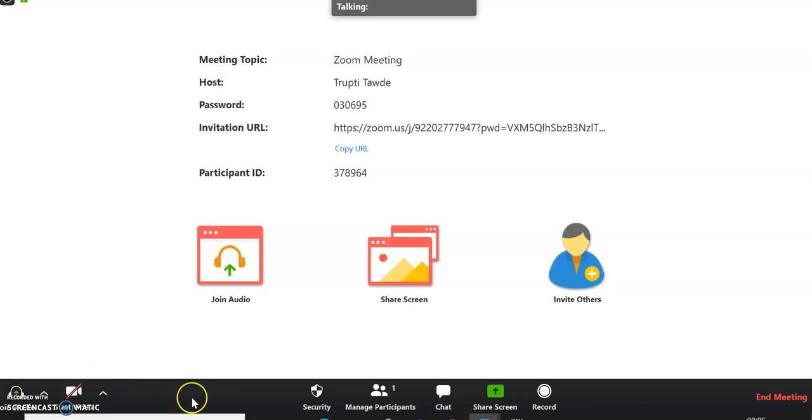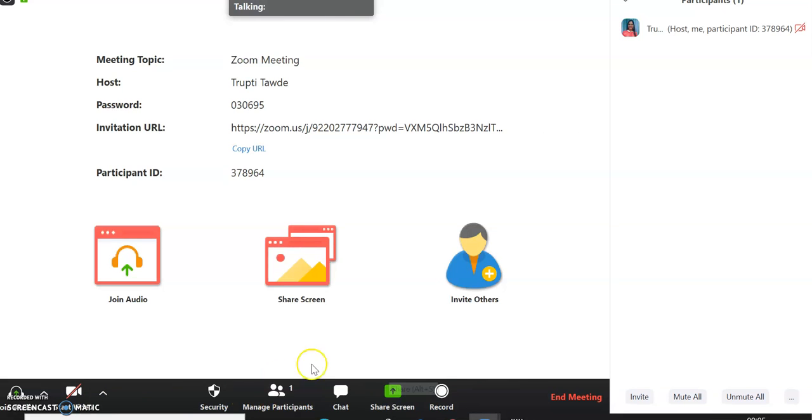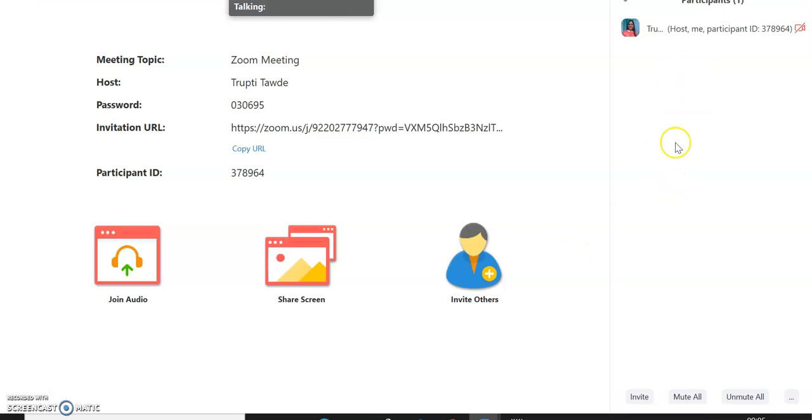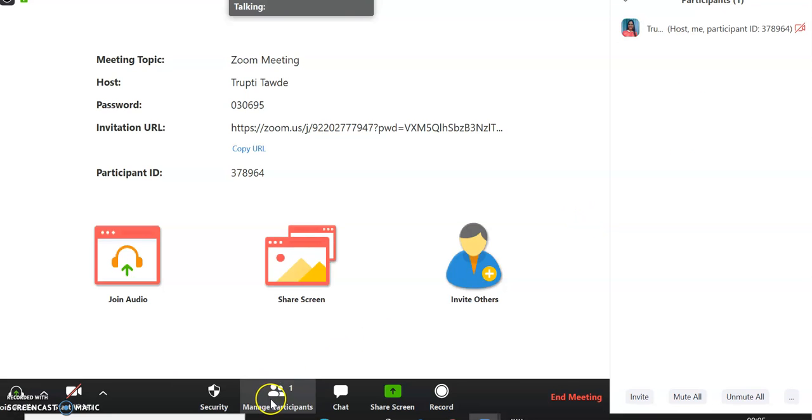There is a setting for this. Then manage the participants. If you click on this, you will come to know who is attending your meeting. Right now, I have not added any participants, so it's not showing me the list, but you can see the number of participants in this window.